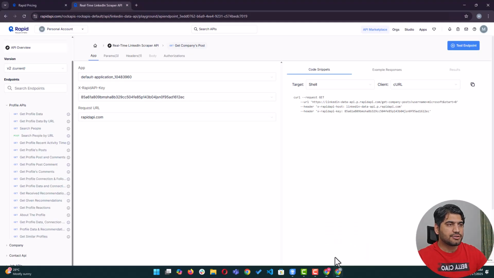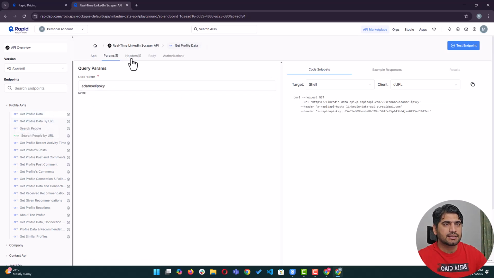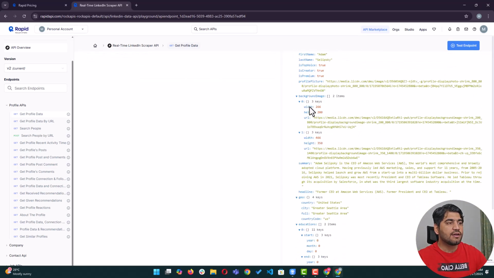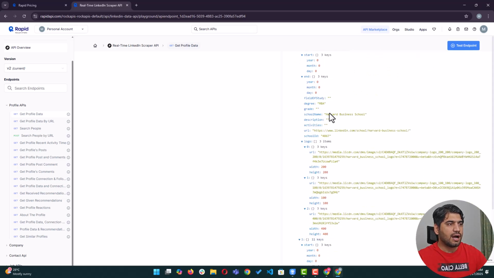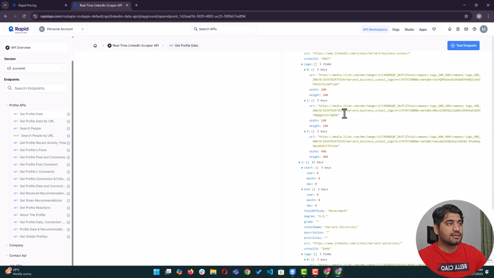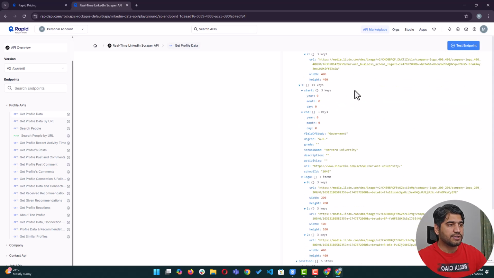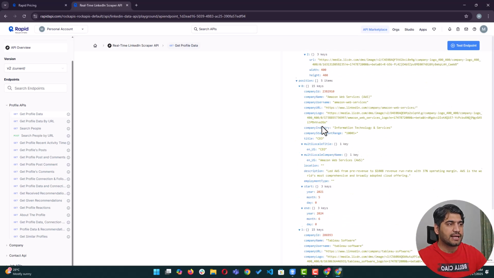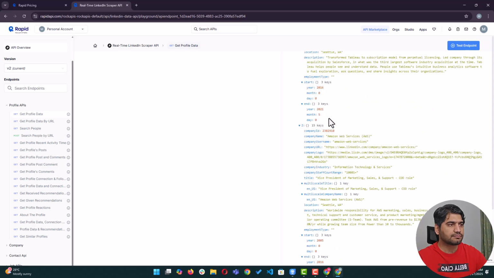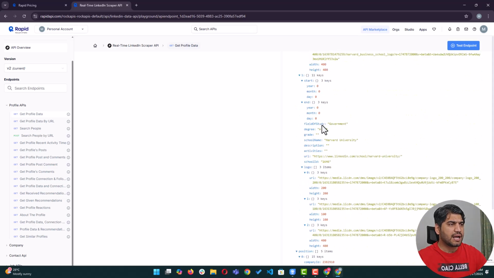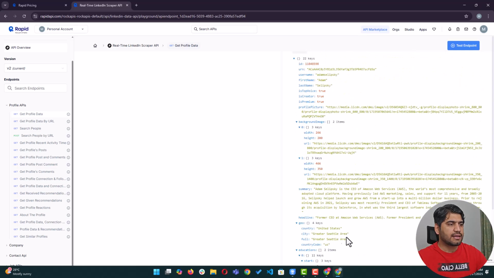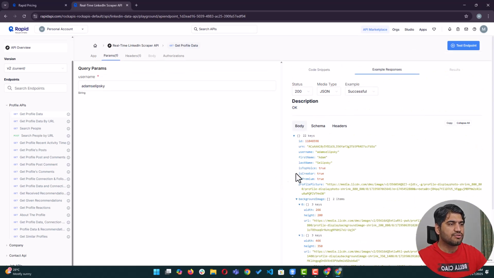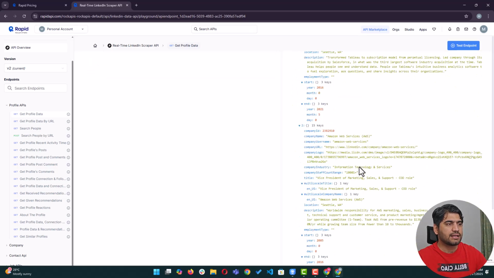So I'm going to go back to our API and click on get profile data, and here I'm going to go to example response to see what kind of response I'll get when I search for the profile username. These are the different pieces of information we get from a user profile: the company data, the country, name, email, username, and pretty much there's a lot of data that I can play with